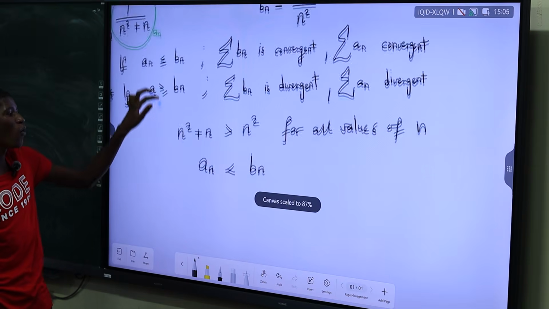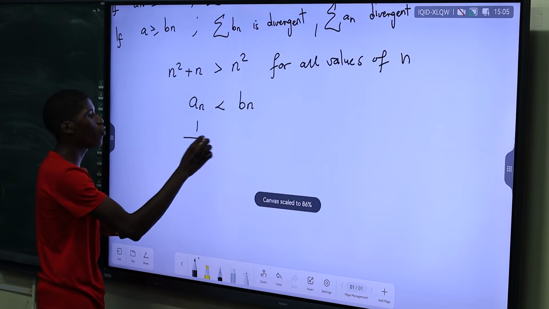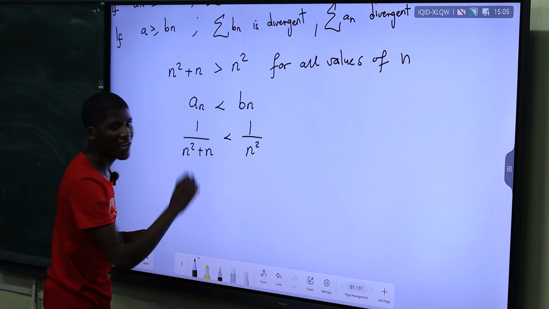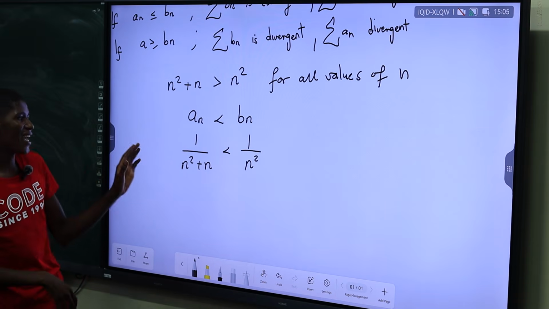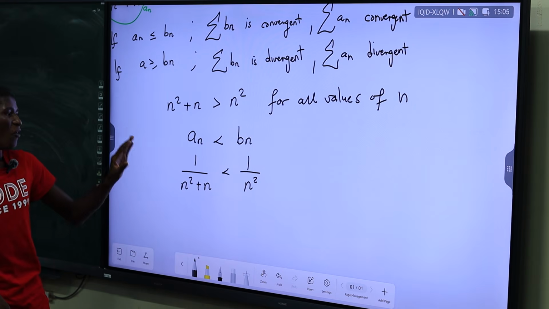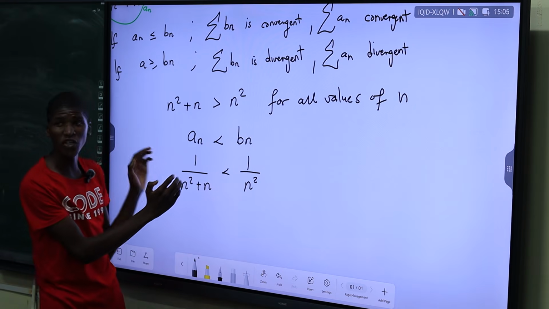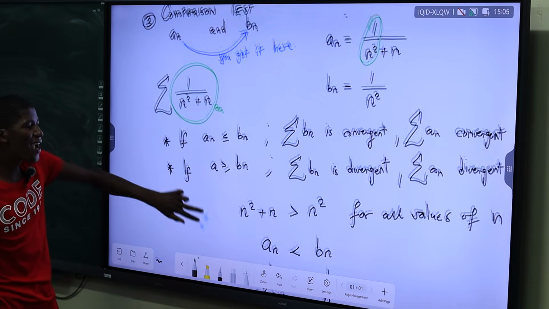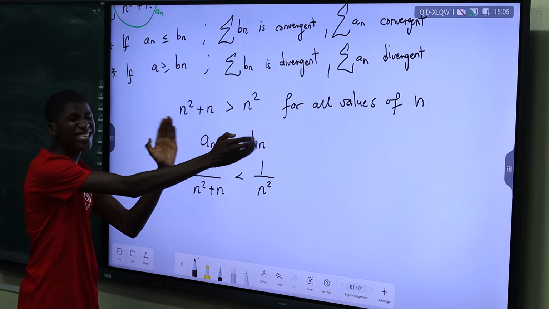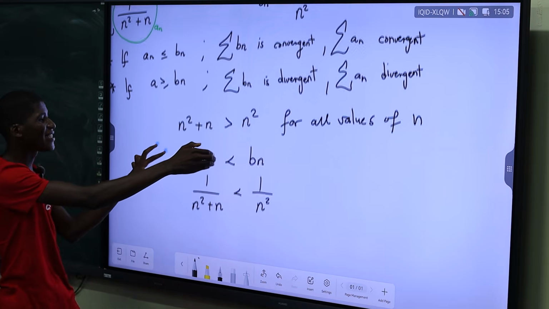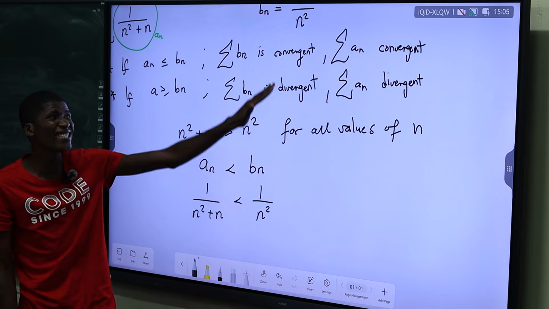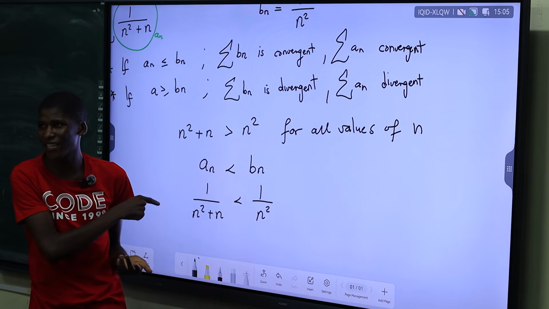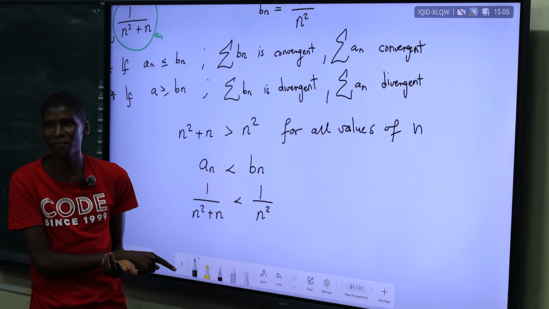So lana ke masithi siyabuka an wethu, remember ukuthi it is 1 over n squared plus n, right? And we say that this is always smaller than 1 over bani n squared. So mangathi ngiyabuza mina at this point, an is the one that we are trying to look for, because ahlahle sizama ukutesta i-convergence of an, the original one. So mangathi ngiyabuza mina, because this condition is met, right? So ngamanye amazwi mina ngithi I expect both these two to be what? Convergent. Ngathola a1 ukuthi i-divergent, should say I don't continue the test. The test cannot work for that particular thing.